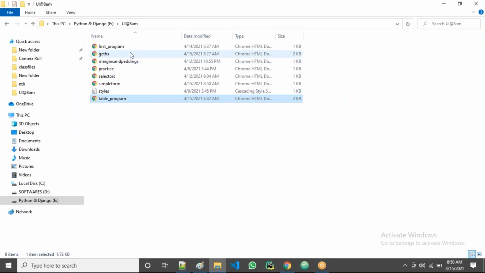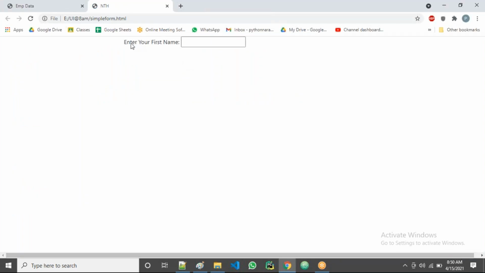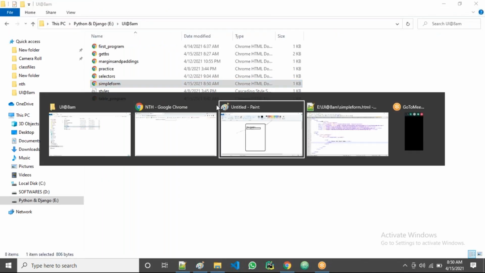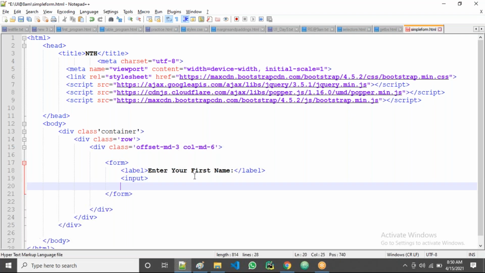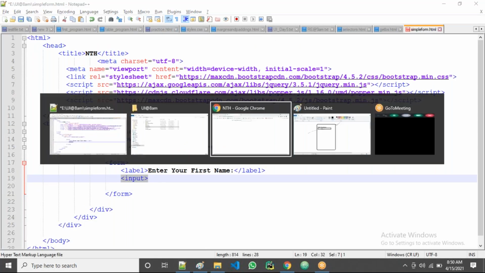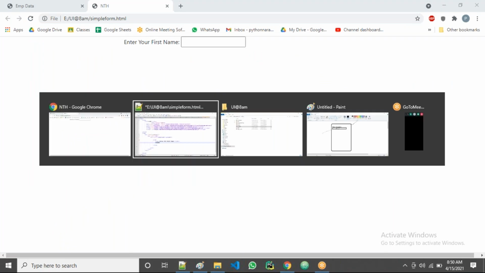Where's our file? Simple form, right? Yes, guys. Now all of you observe. Yes, see, a form is created, guys. Now I'll take multiple fields here. If I take only the input tag, the box came, guys.